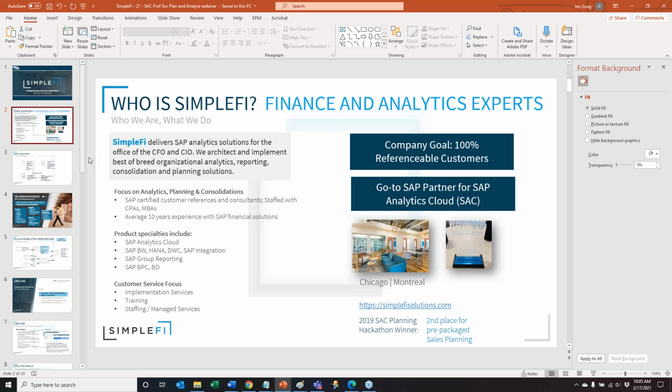Most of the consultants that work in our firm come from a similar background. So we are business process focused, but technically savvy, a very efficient group of people. Our focus is, again, on SAP. We're primarily now working with SAP Analytics Cloud solution, on top of which our professional service planning accelerator is built. We have offices in both Chicago and Montreal. We implement these prepackaged solutions. We provide training, managed services,